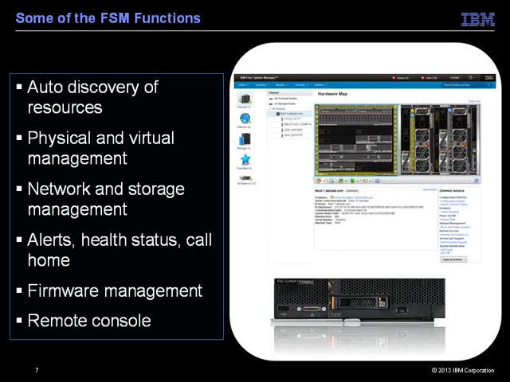We can discover and manage the switches. We can set alerts and look at the health of the entire chassis and any of the components inside it: the nodes, the switches, the CMMs, everything in that chassis is managed by that FSM. And we can do firmware and microcode management of the compute nodes, the switches, the storage, and the entire chassis.